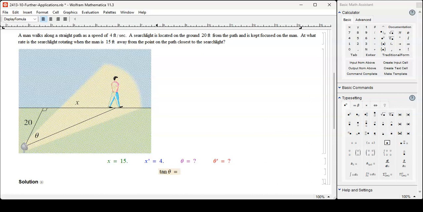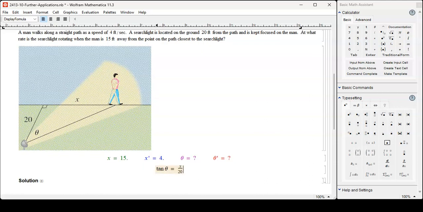It's tangent. Tangent is x over 20, or equivalently speaking, x is 20 tangent of theta. That's how they're related. X is 20 tangent of theta,